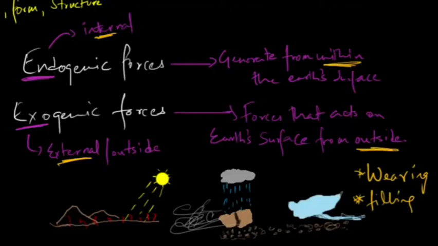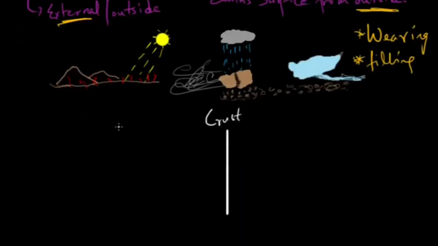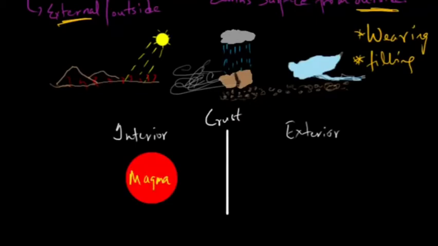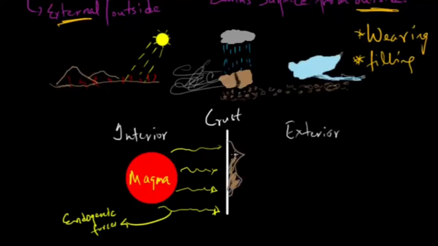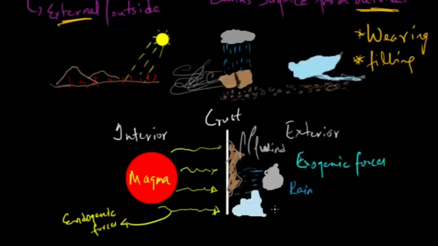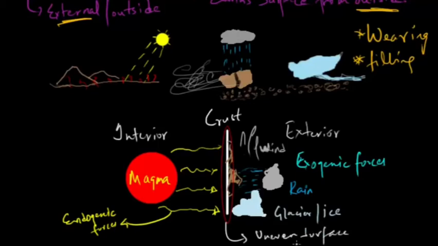So in a nutshell, we can say the actions of exogenic forces result in wearing down and filling up the Earth's surface. Now I want you to imagine this line as the surface of the Earth, that is the crust. When endogenic forces hit this layer, you can see the changes on the outside, in this case the other side of the line. Similarly, when exogenic forces hit this line, the changes that you saw due to endogenic forces get weathered down or simply reduced, and this keeps on happening at a different rate and pace. Due to this, this line, which is the Earth's crust, has these bumpy ups and downs that give it an uneven form, and that's why our Earth's surface is not even. Somewhere you'll find uplands and somewhere you'll see lowlands or depressions.